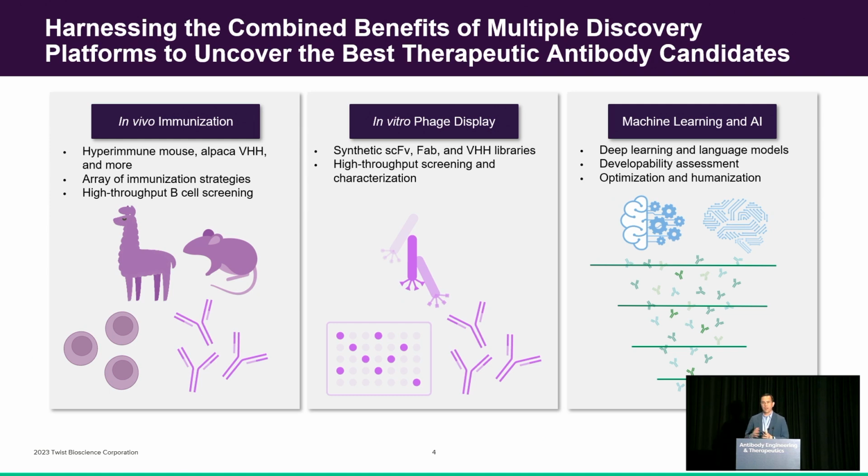On the in vitro side, as I'll show, we have over 20 antibody libraries, all in phage display. We have examples of Fab, single chain, VHH single domains, common light chain. So really the nice thing about these different formats is you can be really modular in terms of how you do your panning and your screening, which enables you to come up potentially with different formats against different targets that you could potentially use for making,